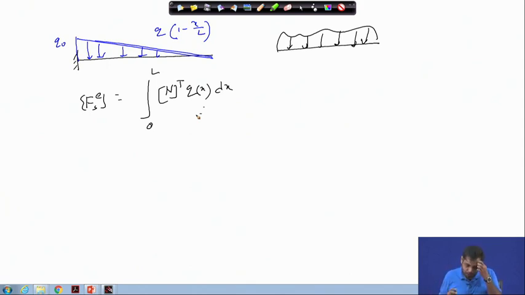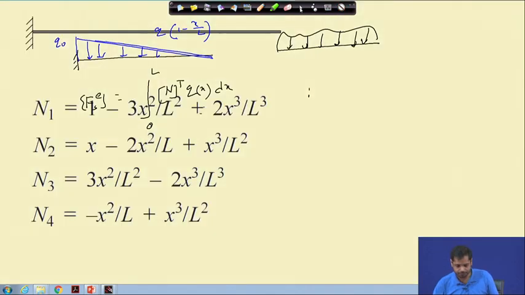Okay. Now, take an example of a cantilever beam subjected to, say, for instance, okay. So, first let us find the code. So, the code is,